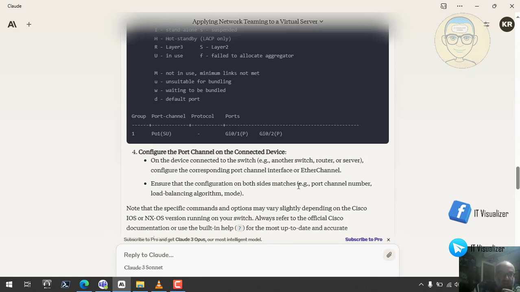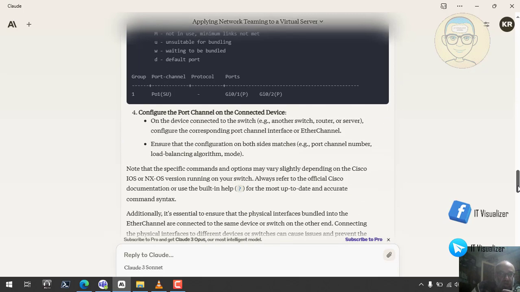Ensure the configuration on both sides matches: port channel number, load balancing algorithm, and so on. You need to make sure that the other ports connected to another switch have the same configuration. I think it is better to have the same model so you can make the same configuration. Note that the specific commands and options may vary slightly depending on the Cisco IOS or NX-OS version running on the switch. Always refer to the official Cisco documentation or use the built-in help for the most up-to-date and accurate